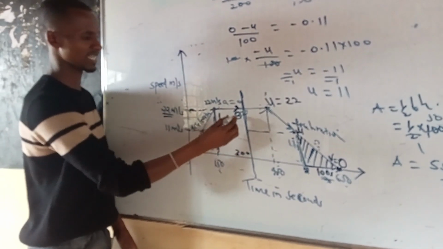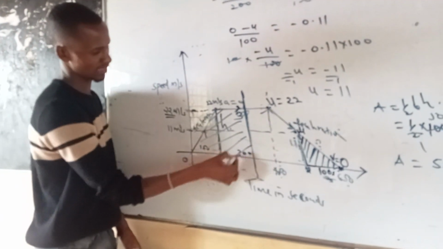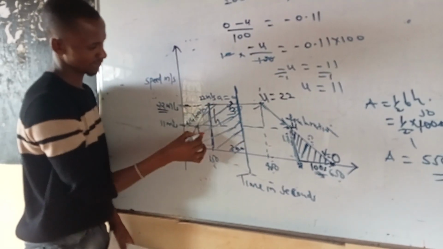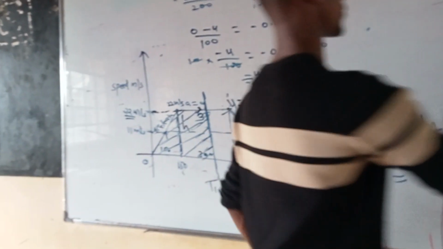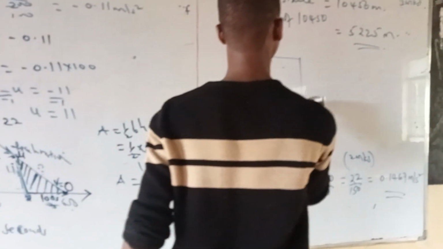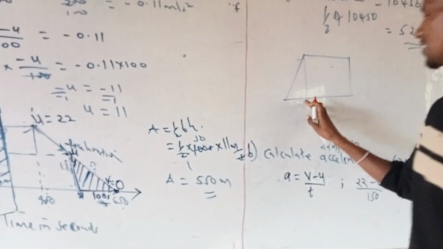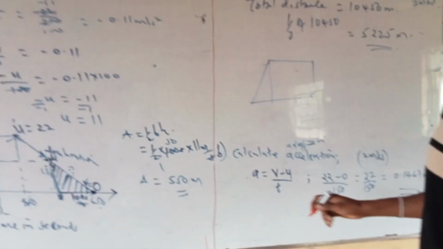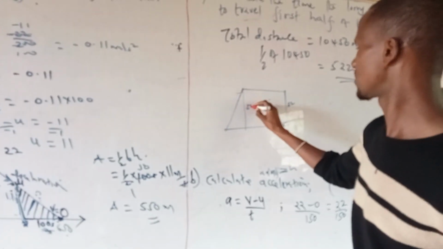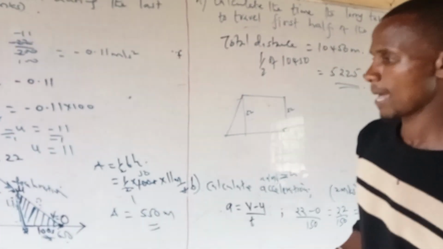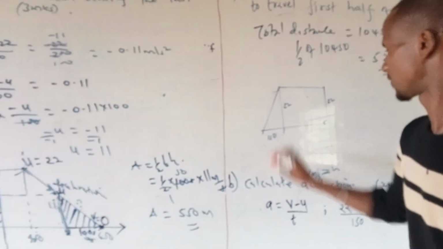This first half of the journey is a trapezium, like that. We know that the height is 22,